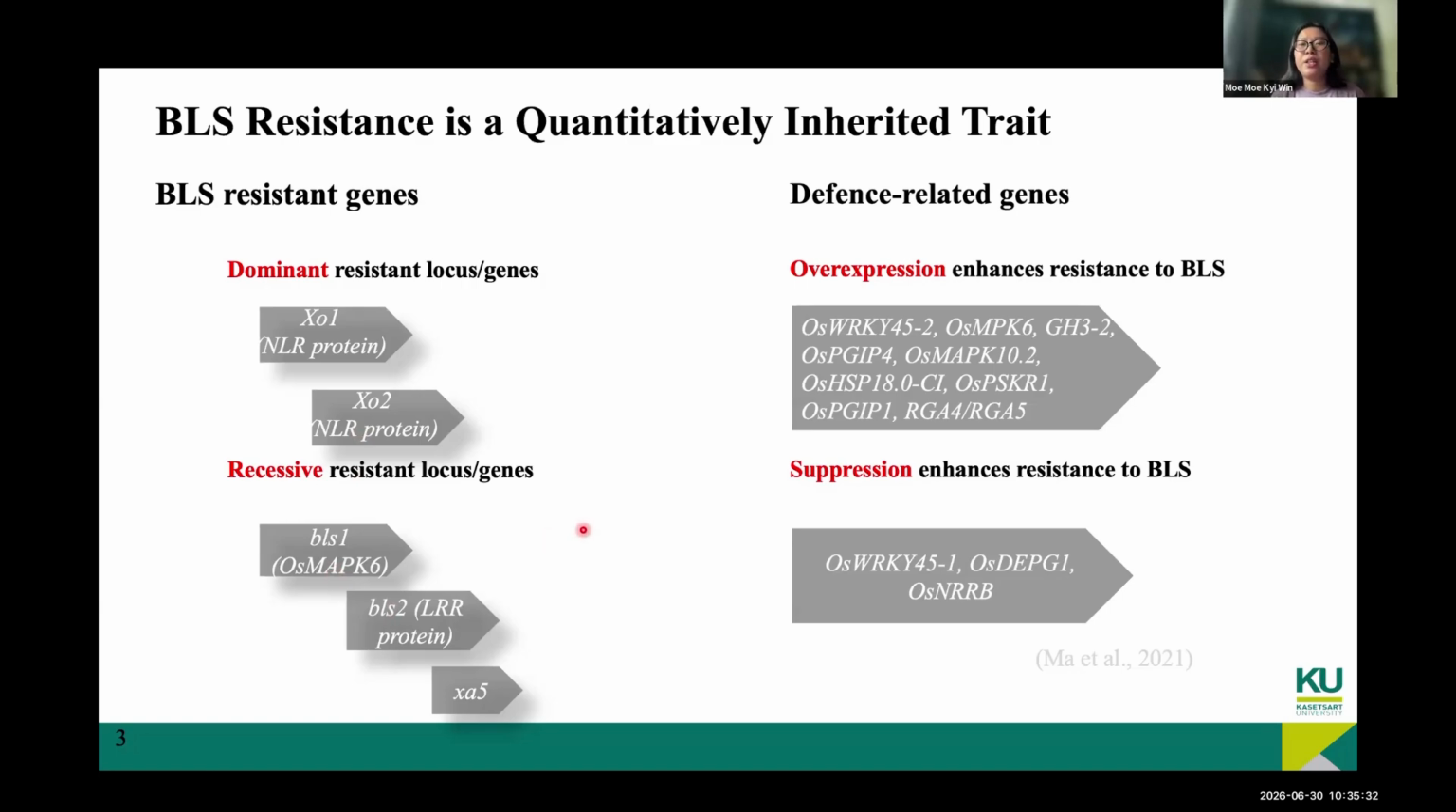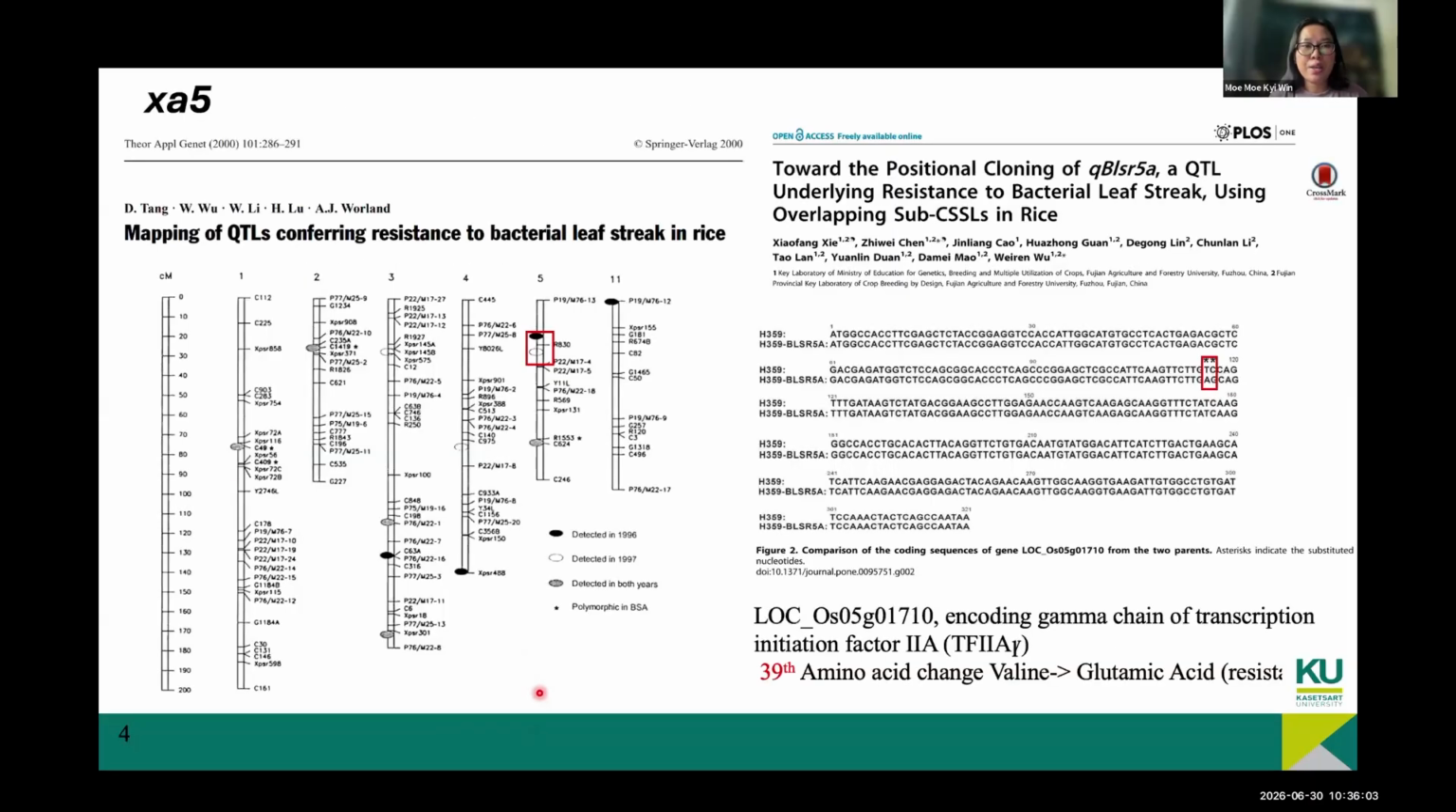And yes, of course, there are a number of defense-related genes, including different kinds of transcription factors, antioxidant-related genes and other plant defense-related genes. Overexpression or suppression of these genes gives resistance to BLS. So from all these genes, xo5 is now standing as one of the major genes currently used in breeding programs. So I would like to give a few